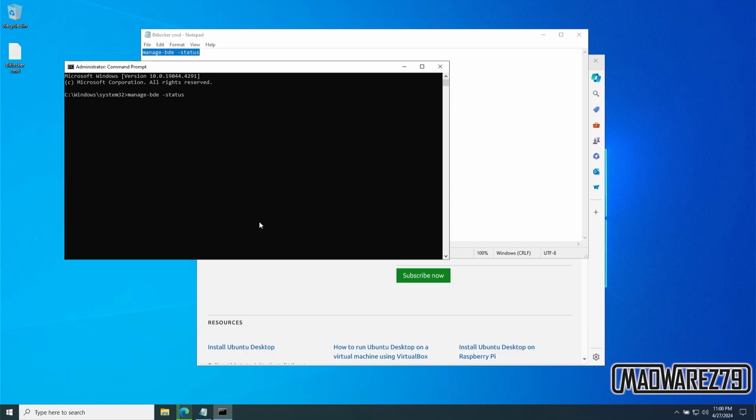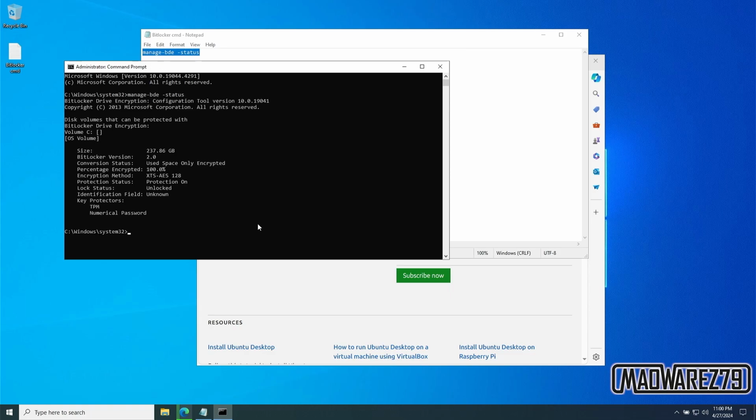If it is 0%, it means it is not encrypted, and you can skip this step. Otherwise, if it is 100%, you will need to decrypt the entire partition by running the command manage-bde -off C: